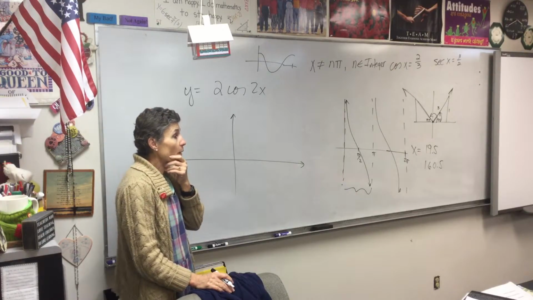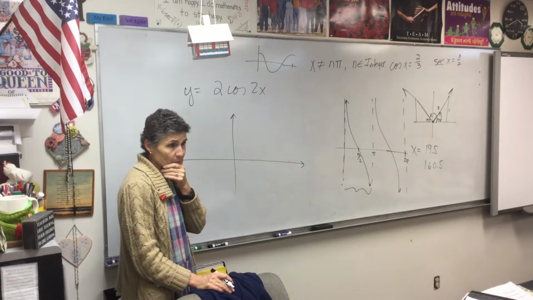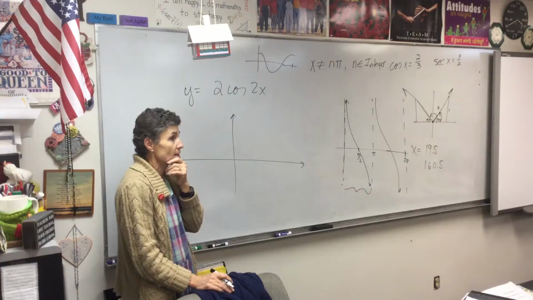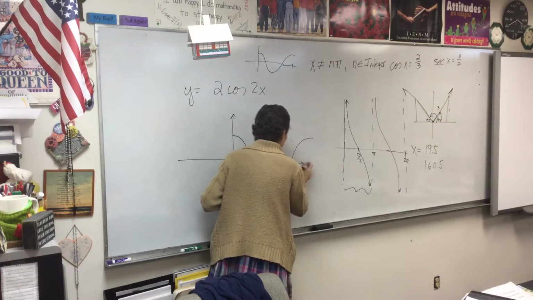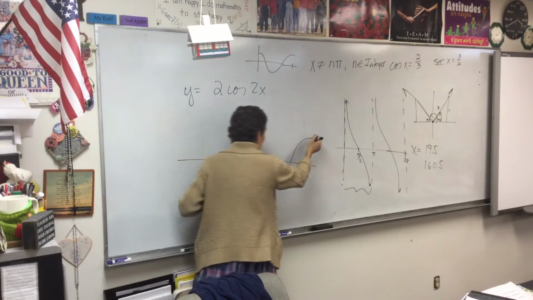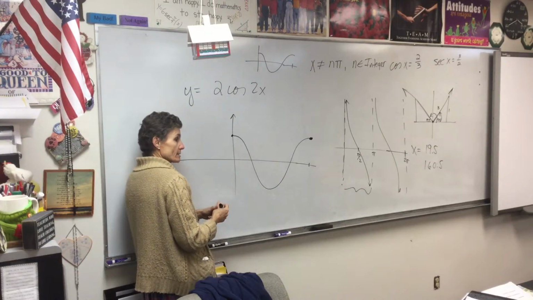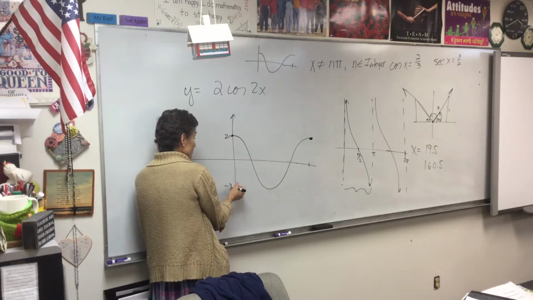The only way you're going to have a shift, kids, is if what do you have in the problem? Pluses and minuses. Right. I don't have any adds or subtracts. So this cosine is a normal looking cosine. It starts here, stops here, just like every other normal cosine does. Now, its amplitude is 2,